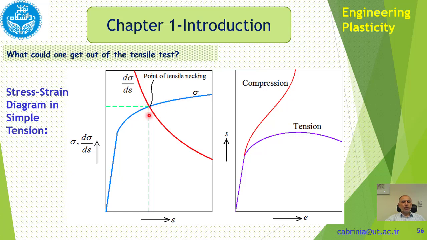Now, why is this point of instability so important? What does it mean, instability? It's important because in plastic deformation we want to be in control of the plastic deformation. After the point of instability, everything is out of control. I mean, you have plastic deformation while the stress is decreasing, while the load is decreasing, in fact, and you cannot control it. So in metal forming problems, you get wrinkling, you get tearing, and these kind of things. So I will deal with this later.